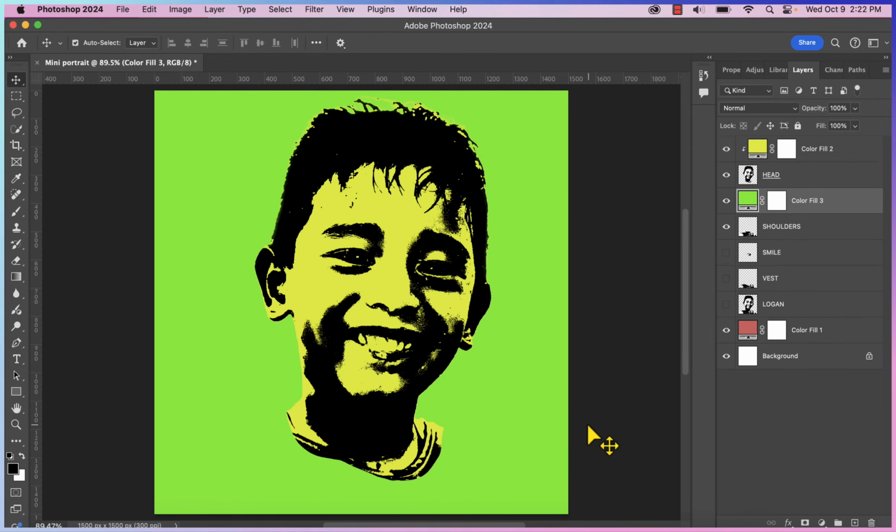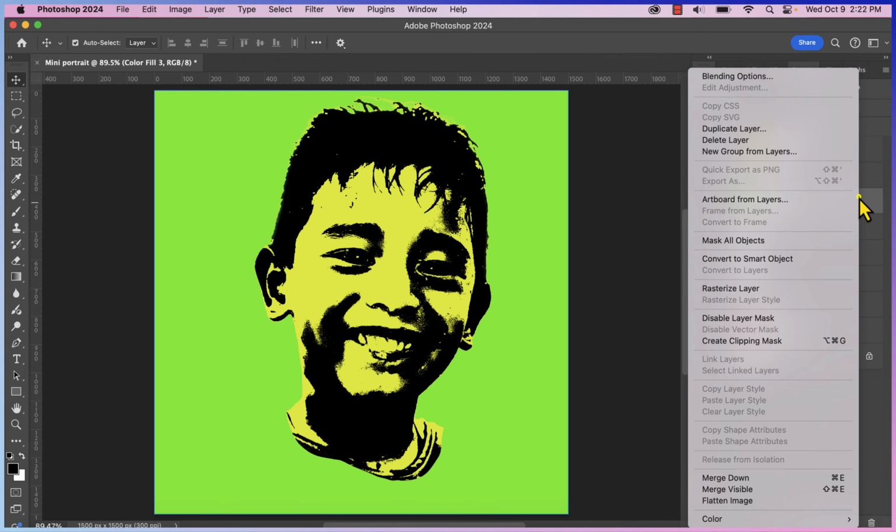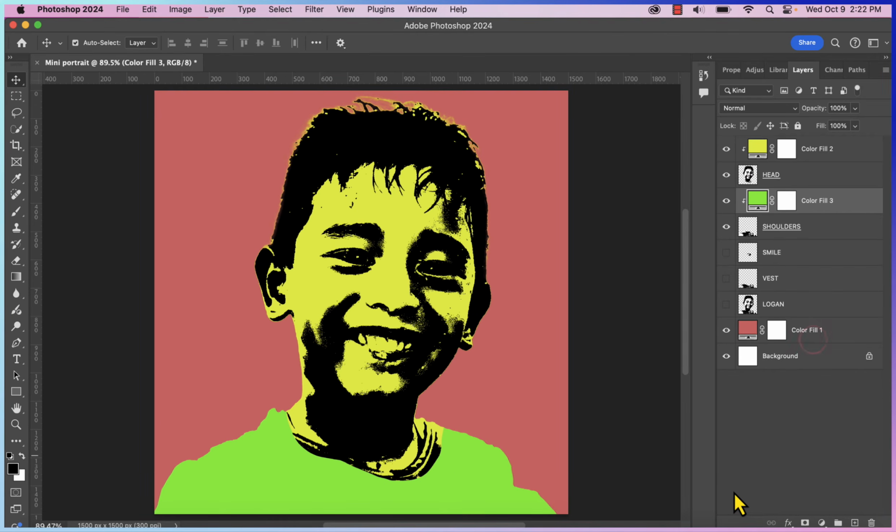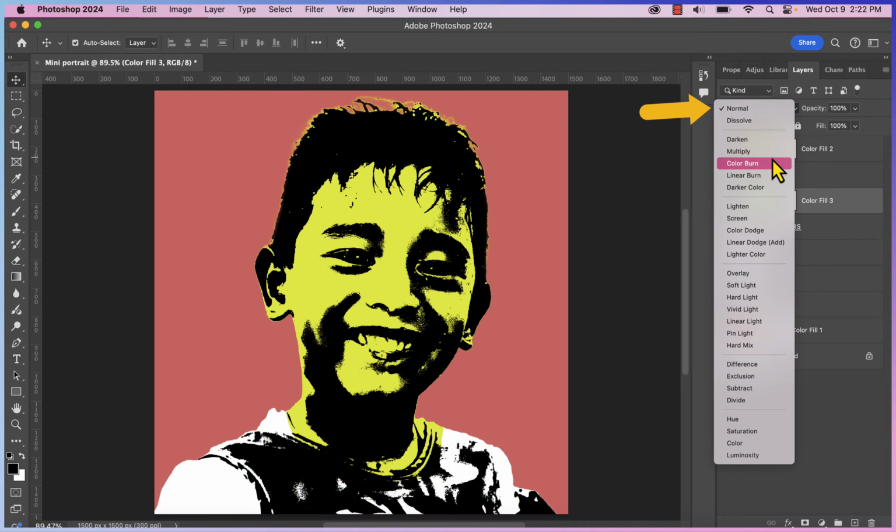Now you might think, well, I don't see the shoulders, everything's green. I have to right click on that color fill, select create clipping mask, and when I select create clipping mask, you guys will see that that color is now going to be inserted neatly inside the selection for the shoulders only. In order for me to see the details in the image, I need to change the blend mode to